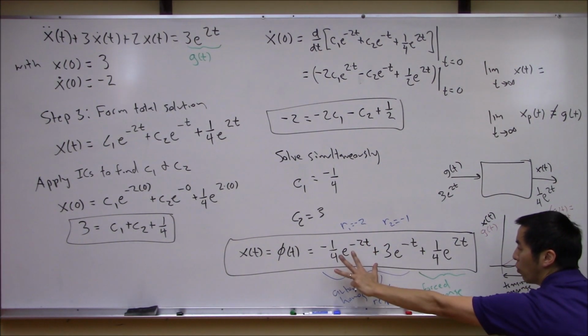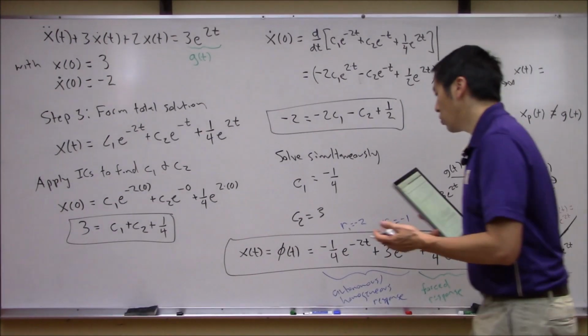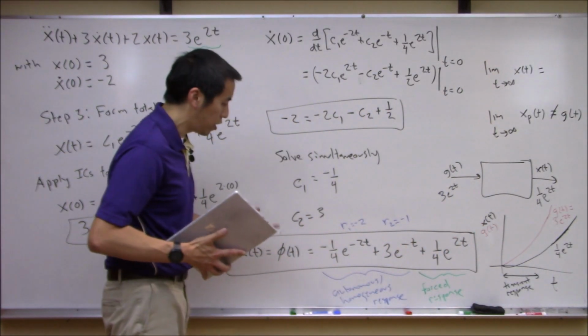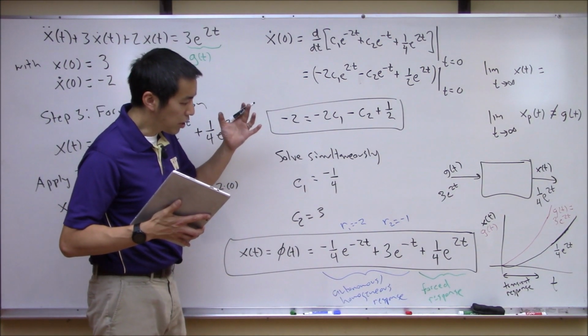Okay, so this will go away to 0 and you're only left with this force response. And eventually this thing, somewhere around here, we'll make this up, goes and starts looking a whole lot like 1/4 e to the 2t, which again is not equal to g of t, okay? So, fascinating. I think we gain a lot of insight into how linear ordinary differential equations behave in a non-homogeneous